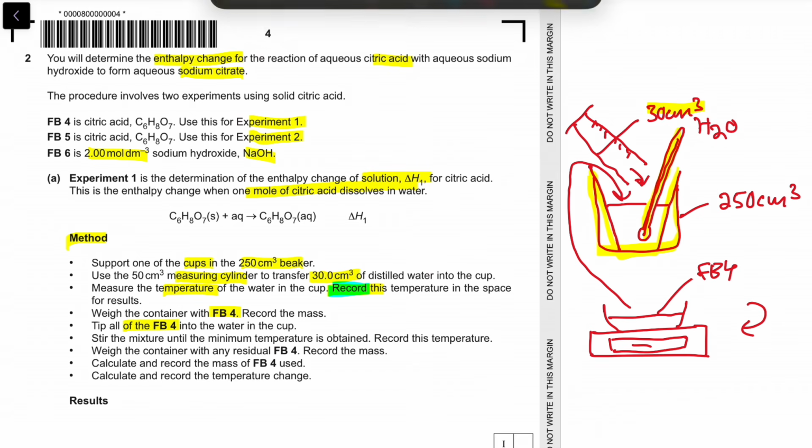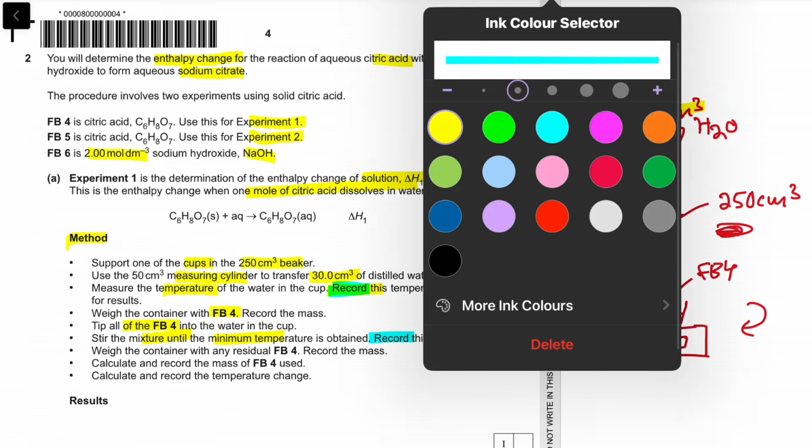Then we're going to stir the mixture until a minimum temperature is obtained. So we're just going to swirl it gently. And then we're going to record this temperature. Then we're going to, again, re-weigh,